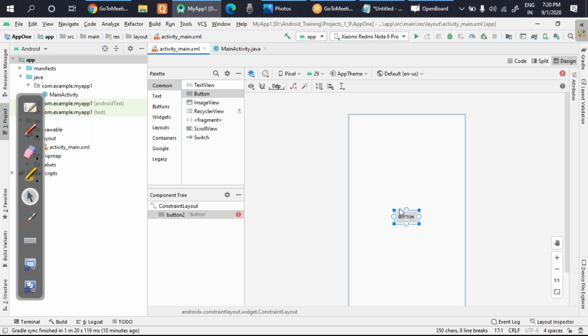Now once you have dragged something, what we have to do, we have to set it. Okay, so if you look here carefully, some red marks have come here. So if any red mark is present, the project will not work. Keep that in mind, because red means error. Okay, there should not be any error in the project. If there is any error, the project will not run.